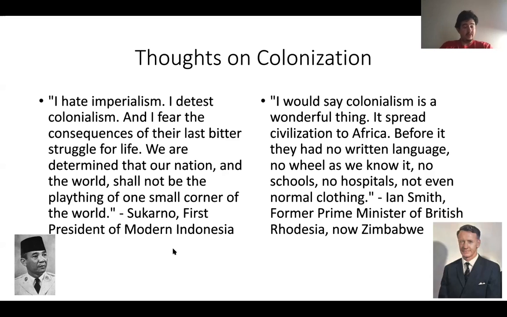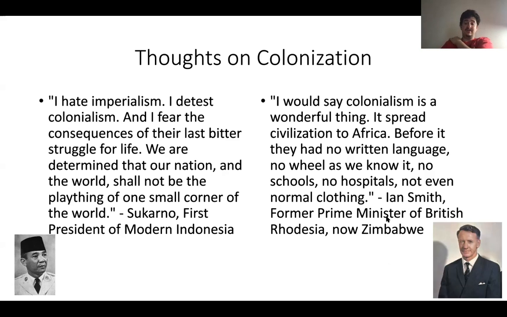anti-colonialism, anti-imperialism, and then you have this gentleman here on the right who said, quote, "I would say colonialism is a wonderful thing. It spread civilization to Africa. Before it, they had no written language, no wheel as we know it, no schools, no hospitals, not even formal clothing." And this terrible person was a man by the name of Ian Smith, who was actually the